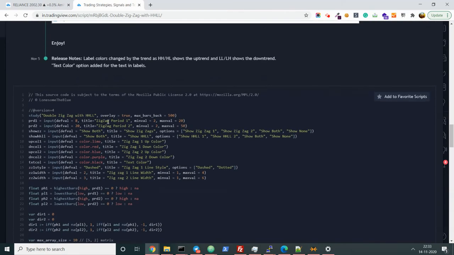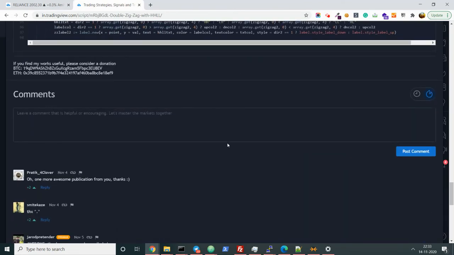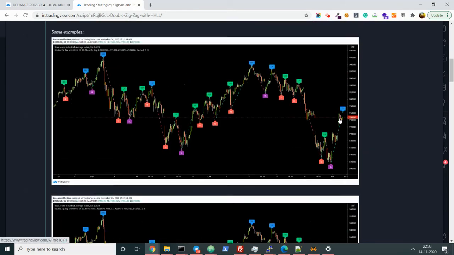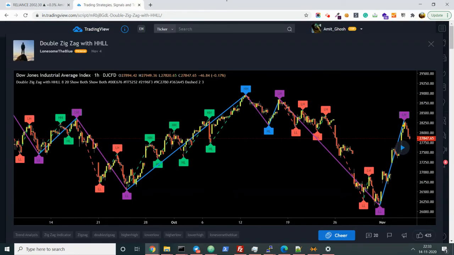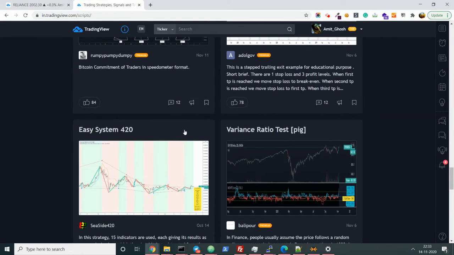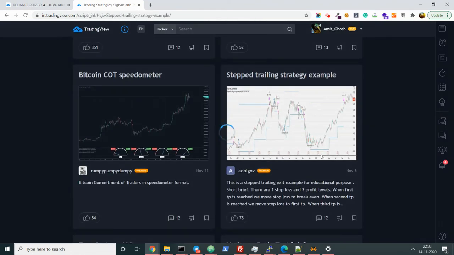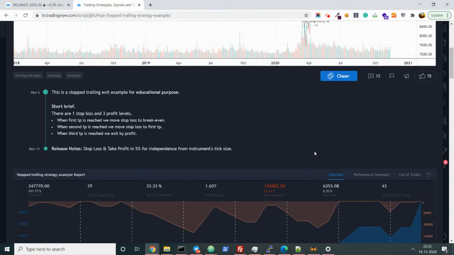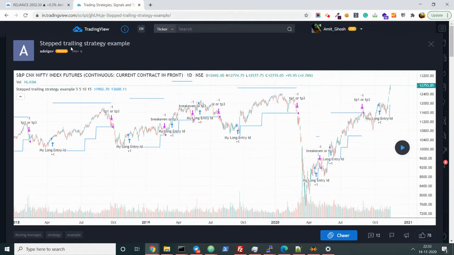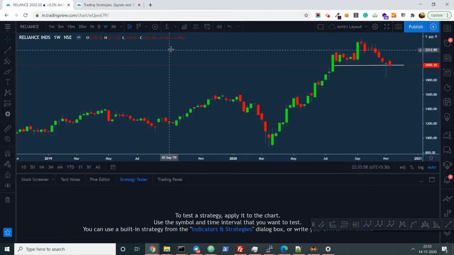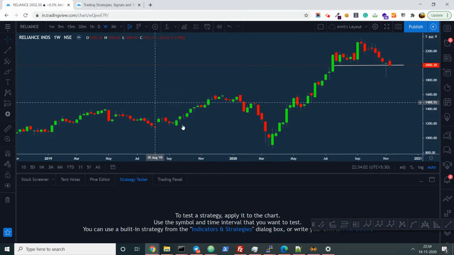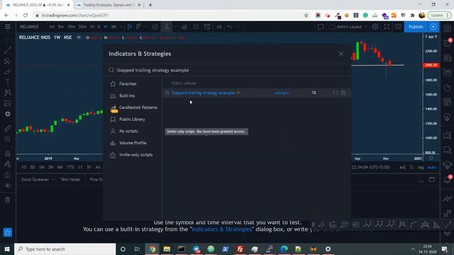Always first scroll down and see if there is any performance data. Because if it is not showing the performance, it means that it is just giving the signal and not calculating anything else. Okay, so you will find many awesome strategies like that. Let's check this strategy. This is showing a huge profit, so let's see what is happening here. And also the source code, always check whether the source code is free or not, because if the source code is not free, you cannot trust this strategy.